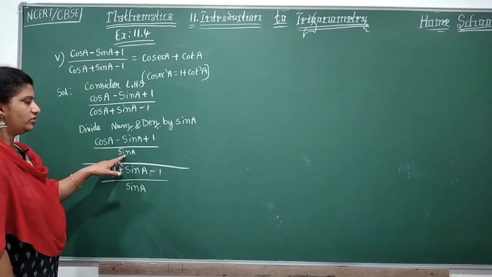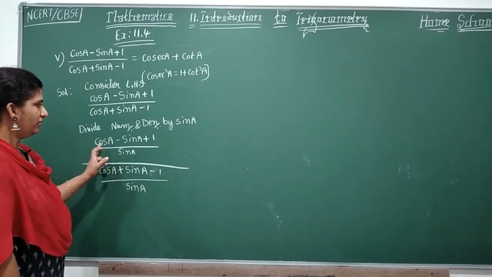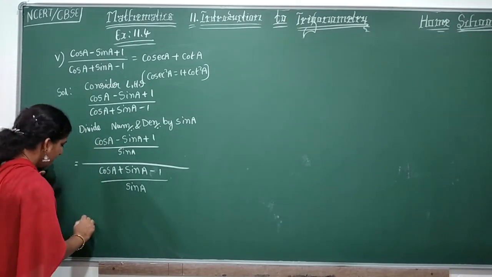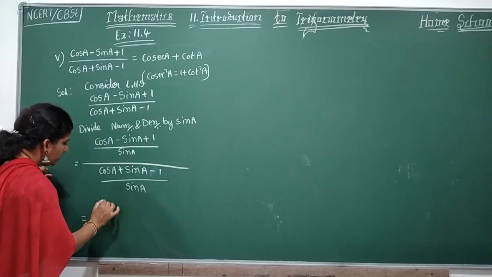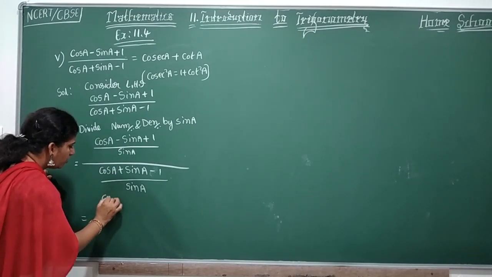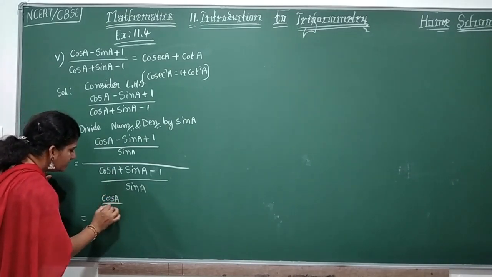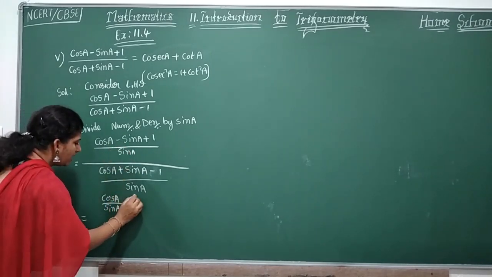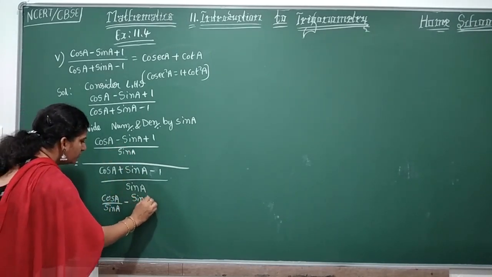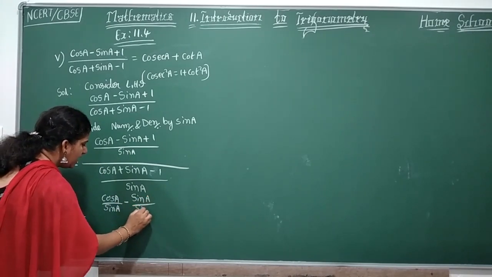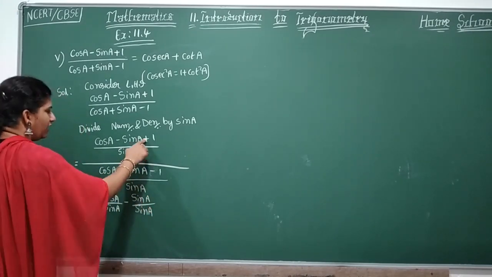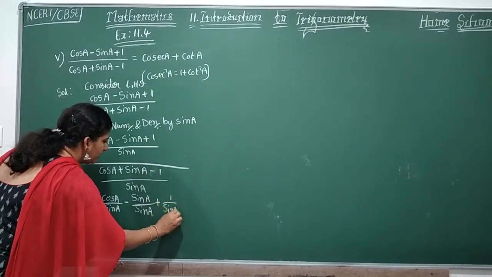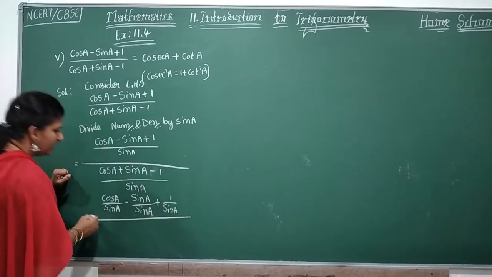We have to split this denominator for all the numerators. So next step. What am I doing? Look carefully. Cos A by sin A minus sin A by sin A plus 1 by sin A whole divided by